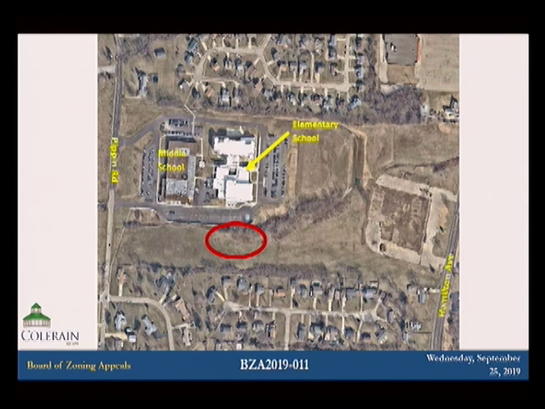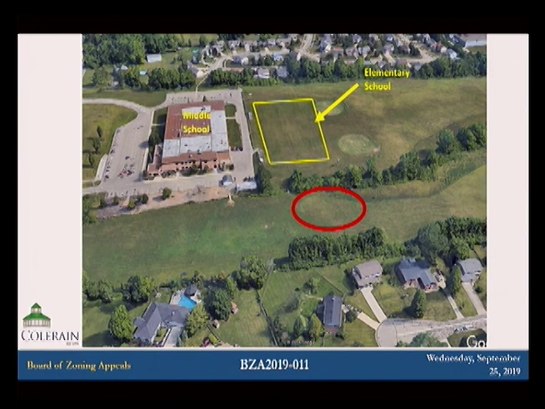The property itself is zoned R6, as well as most of the surrounding properties, with the exception of the vacant marsh property up in the northeast corner. This is a conditional use, so it's permitted in an R6 district. Here's an aerial of the property. Google Images is a little behind on their 3D rendering, so where the yellow square is where the elementary school now stands. It gives you a better sense of where the red circle, the new parking lot, is going to go on the property.